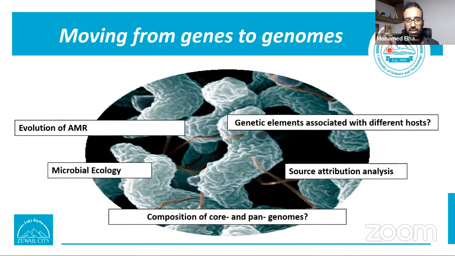We also get good insight in microbial genomics, in moving into the genomic, that you can have some kind of genetic signature. Every reservoir can have an allelic genetic signature that we will use later in a source attribution analysis. So if we can have this kind of genetic signature that is unique among different reservoirs, that can be used to track the potential source of infection. If you have this genetic signature, you can say, okay, might be the cattle is a source for infection, or the poultry, and we're going to show you this.